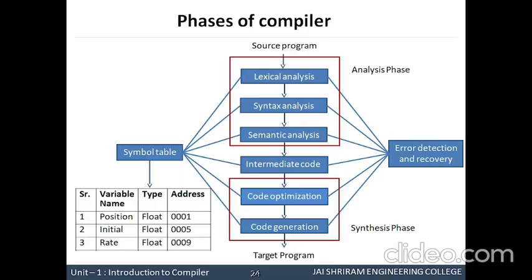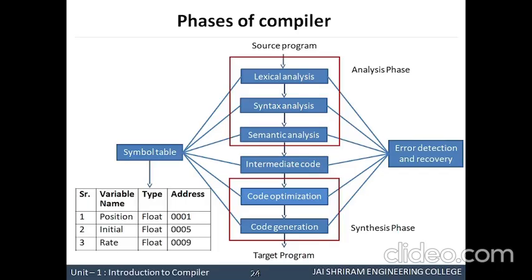To summarize our slide: lexical analysis breaks the program into tokens, syntax analysis checks the grammar, semantic analysis checks the meaning, intermediate code generation produces a machine independent intermediate representation, the optimization phase improves the efficiency, and the final code generation phase produces the final